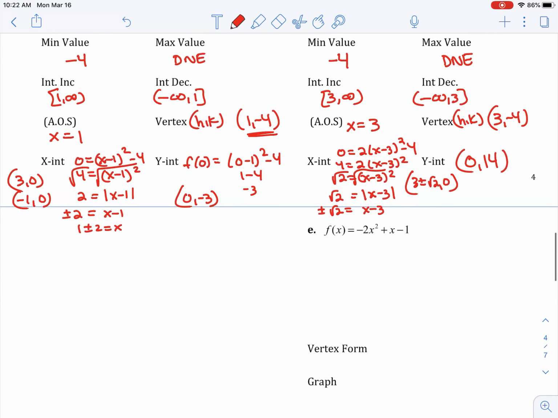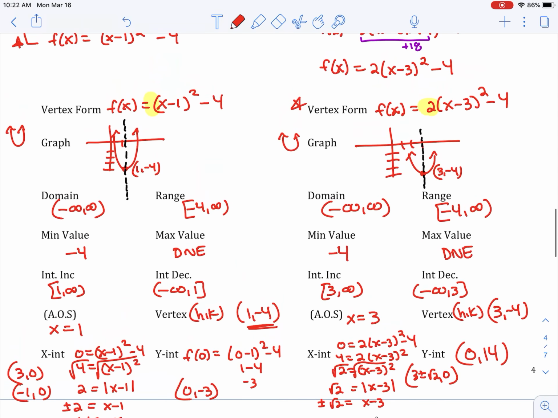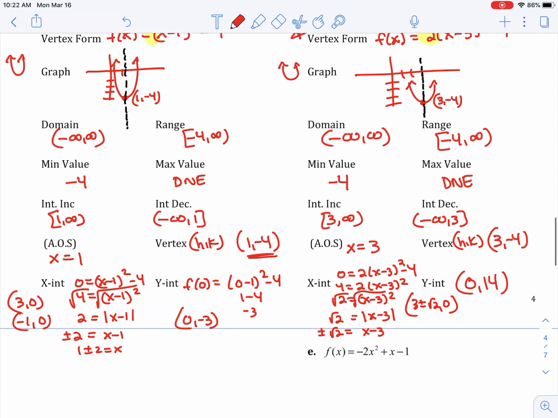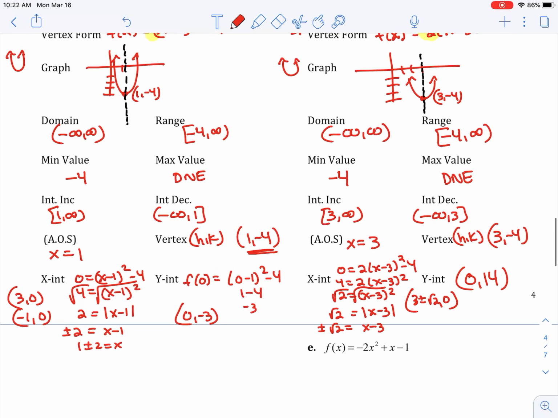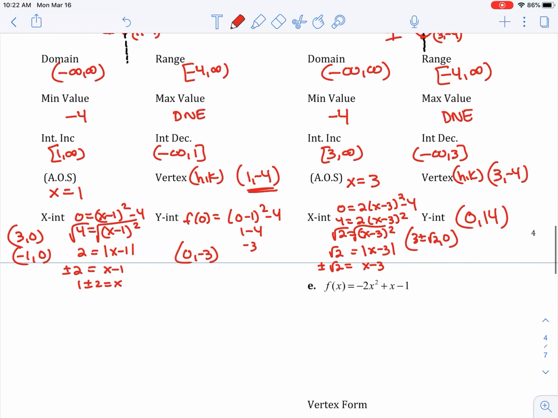Okay. So now I'm going to let you do letter E, which is the same idea, similar to the previous two. And we'll see, and then we will move